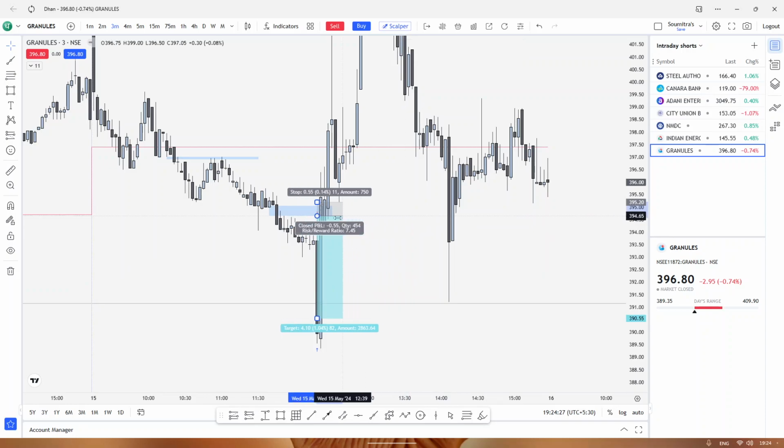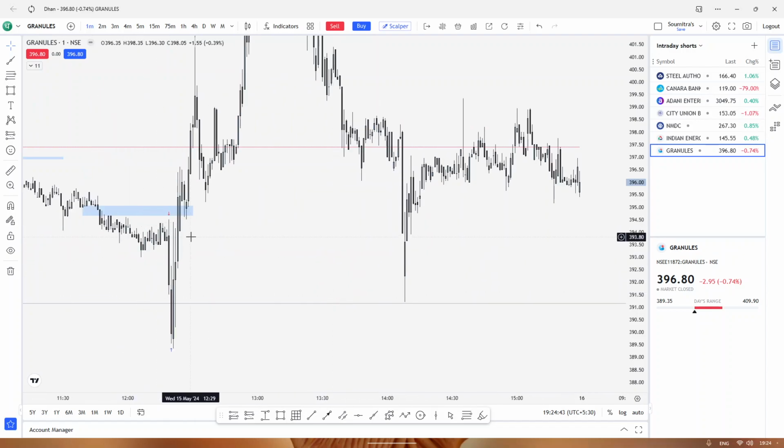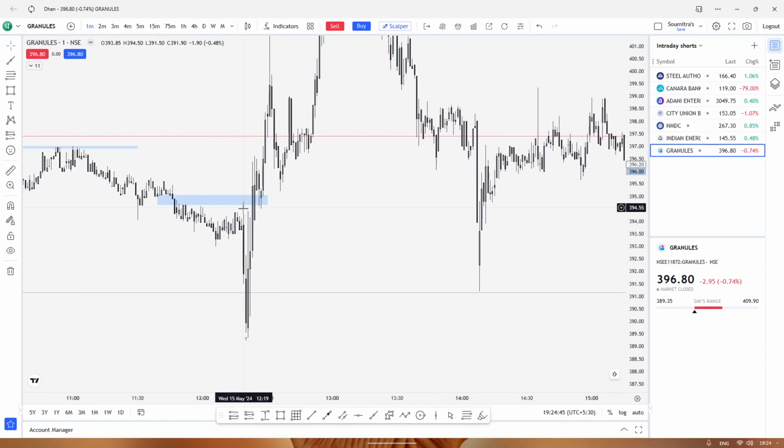and as you can see, just within one candle we achieved our target. I think in this is just 1 minute, and this was the next minute. No, this one, this is the first minute and this is the second minute. So within 1 minute and few seconds we achieved the target, and so this was our second trade.